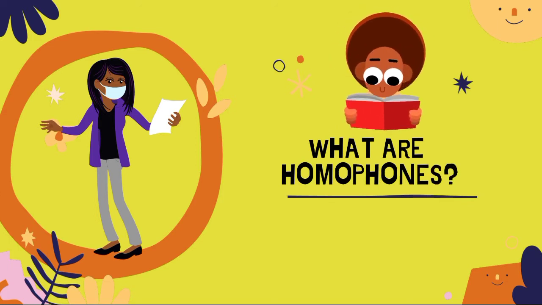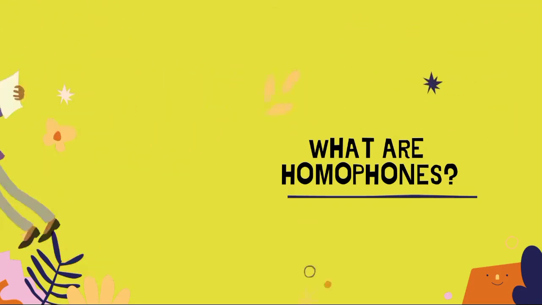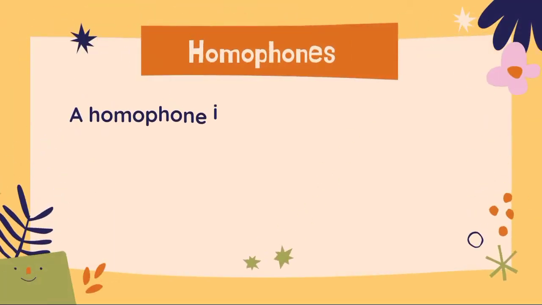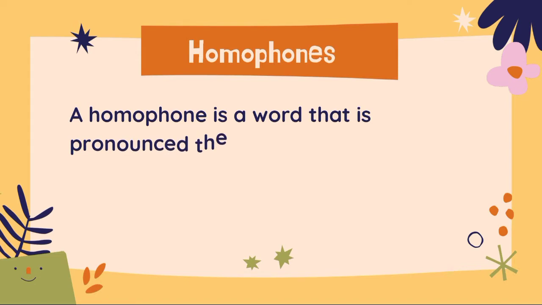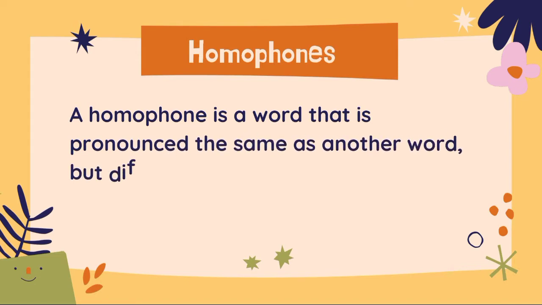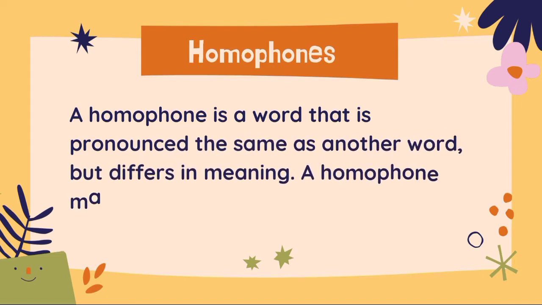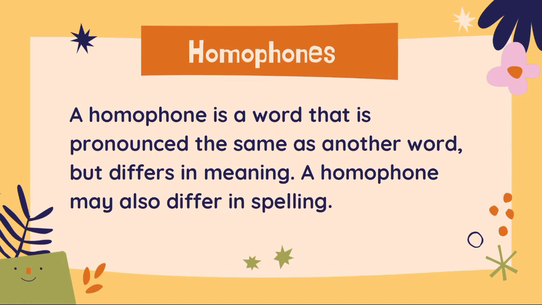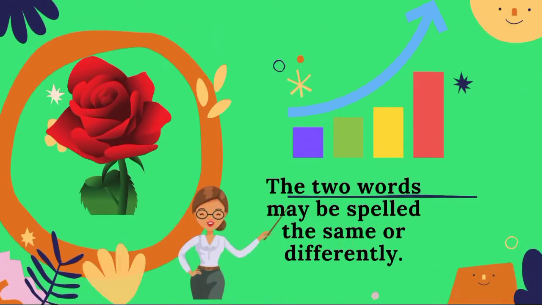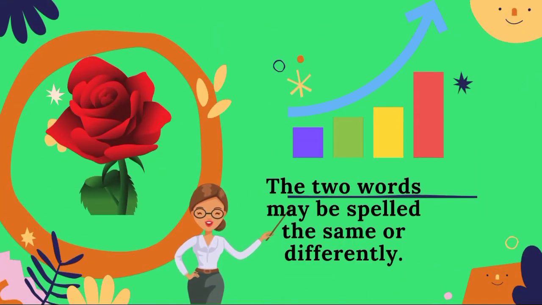So you can see the homophone can take various forms. There are some where the spelling could be the same, for example rose, the flower, and rose from rise, and then the spelling could also be different. Okay, so simply put, homophone: the word homo means same and phone means sound. So you just say homophones are words that sound the same.